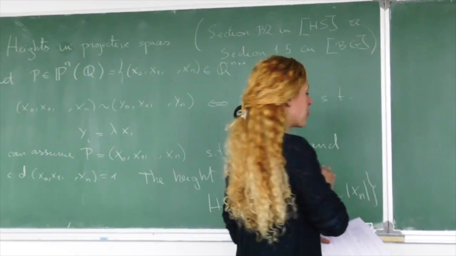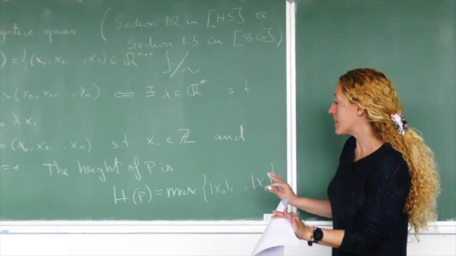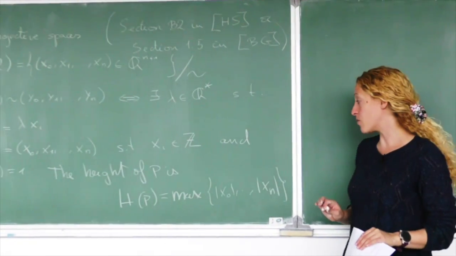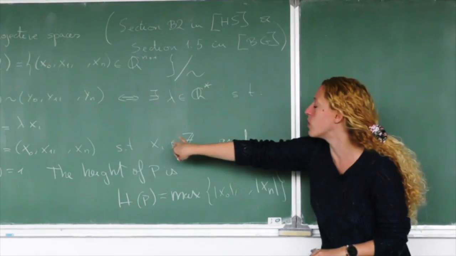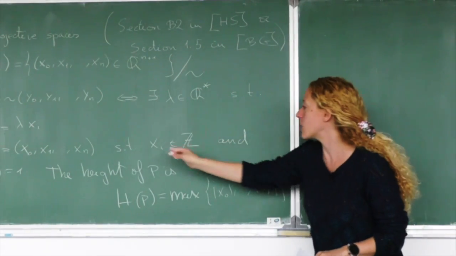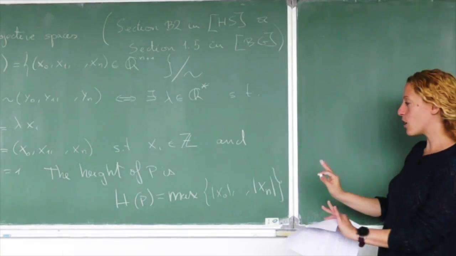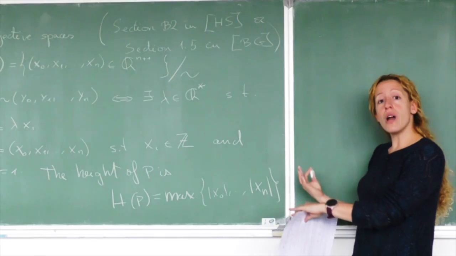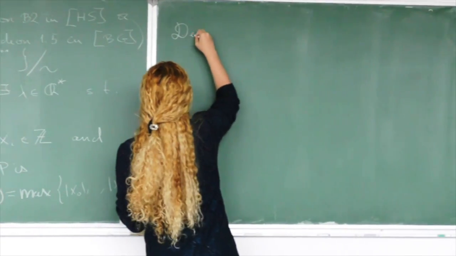Okay, now I'm ready to give you the general definition. I hope at least that you agree with me that this is a kind of natural definition for the height of a point when it is defined over the rational numbers, and then I can do all these things about assuming the coordinates are integers and they are coprime. So I hope that you find this reasonable and a good motivation to now give you the more general definition of what a height is.